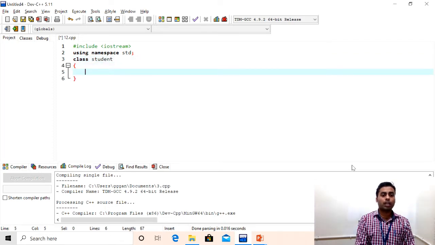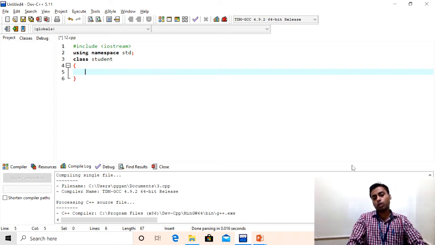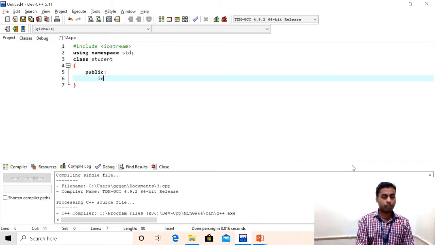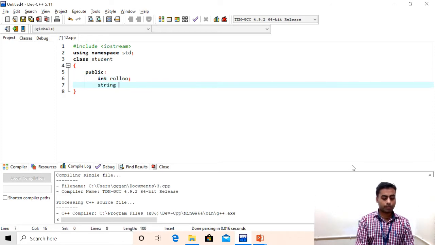A student has which parameters? The most important: the student must have a roll number, and the student also has a name. So we will take variables for the class. The first variable will be an integer which represents the roll number of the student, and another will be a string which will represent the name of the student.